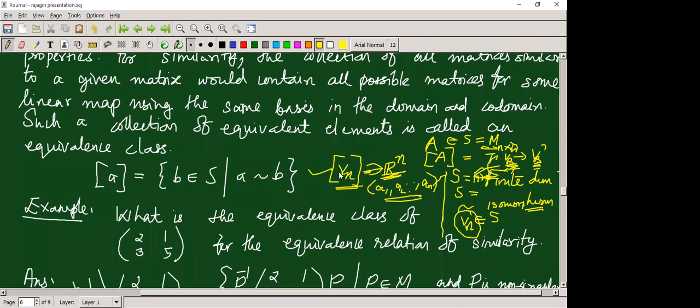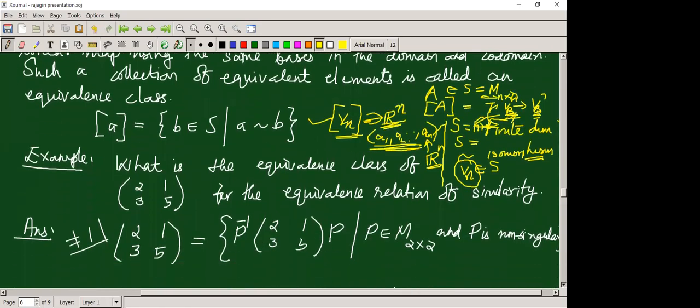Even though there are so many elements in this equivalence class containing all n-dimensional vector spaces, we can choose one vector space which is the simplest one, and that is Rn. So Rn is the canonical representation of this collection of n-dimensional vector spaces defined under the relation isomorphism. The choice is the simple one. So we are naming an equivalence class using a particular one, and that is Rn. This is what we are going to extend in the study of matrices also.